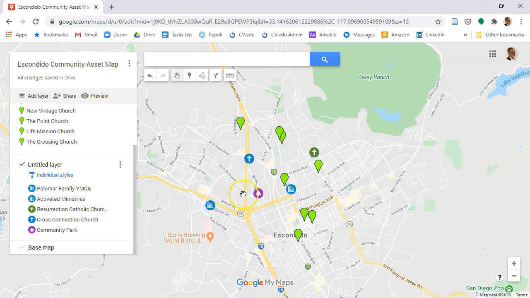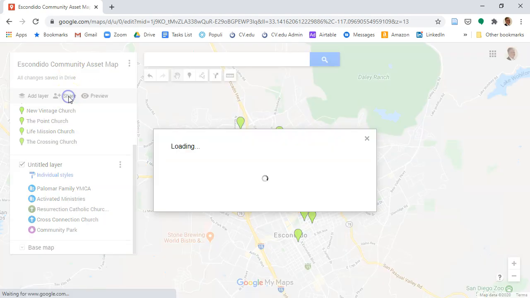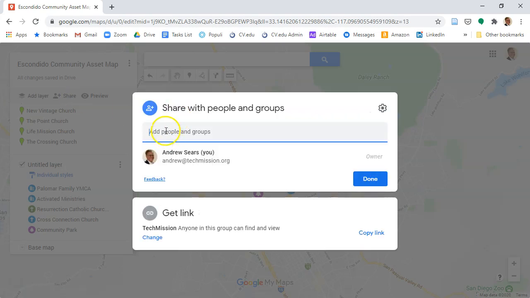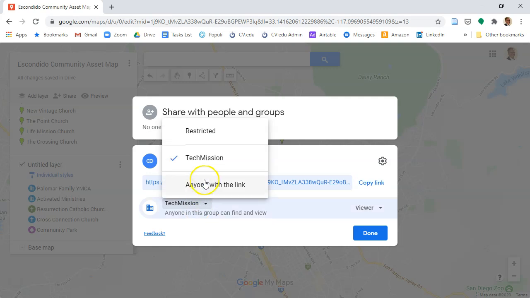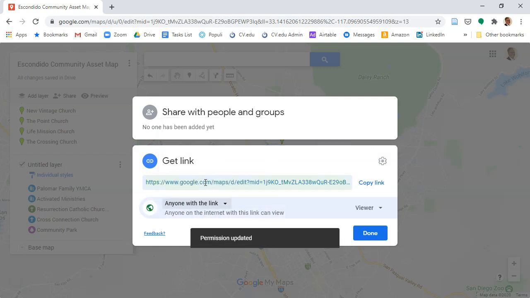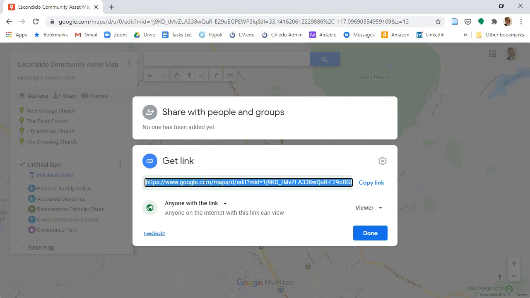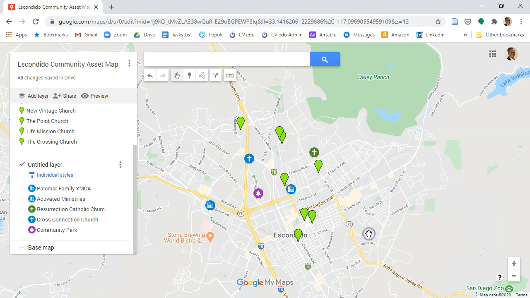So once you've done all that, assuming you want to make this available, you could share it with specific people, but for many people, this asset map, you'll just want to make it open. So you can change the viewing group and say anyone with the link. Once you've done that, you're going to copy the link, and then you're going to send or share this, or if you're working on this for an assignment, you're going to paste that into your